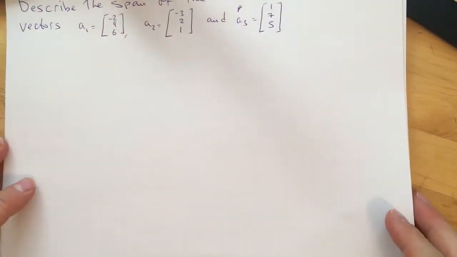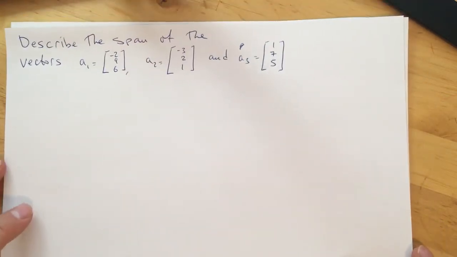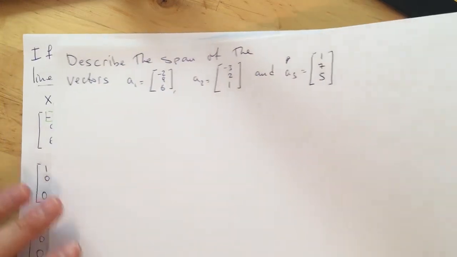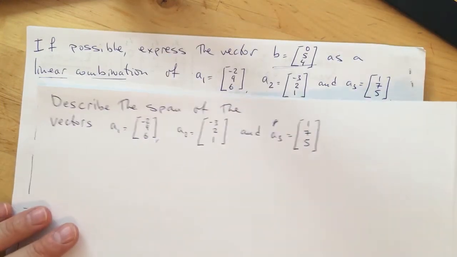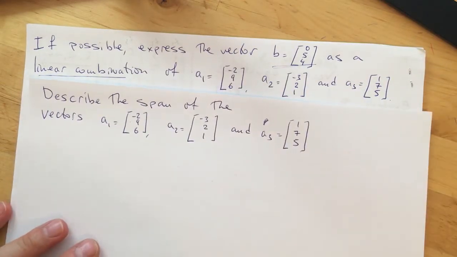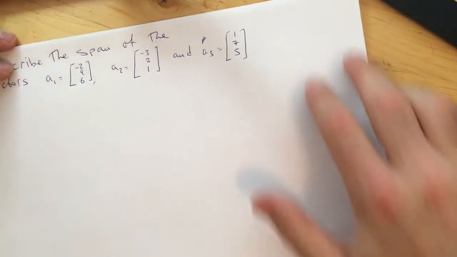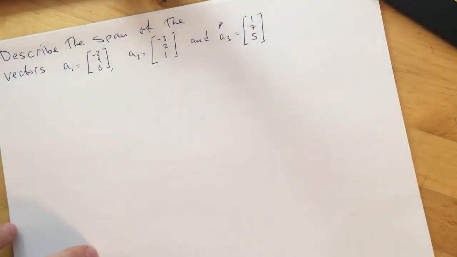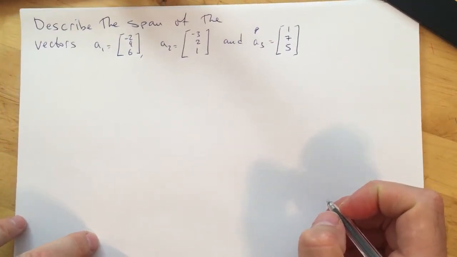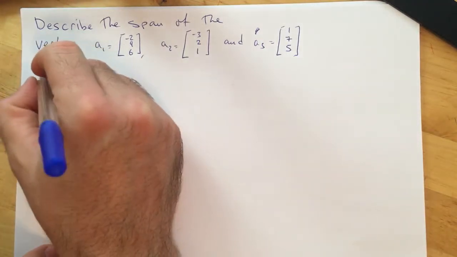So it's the same thing: describe the span of these three vectors. I give you the same vectors and I'm asking, what is the span then? We saw with the previous example that it's definitely not the three-dimensional space, right? So what does their span look like? So basically I'm asking you now the question, right? What do we get if we